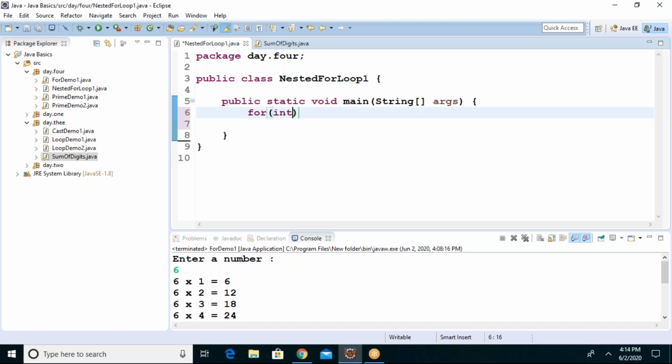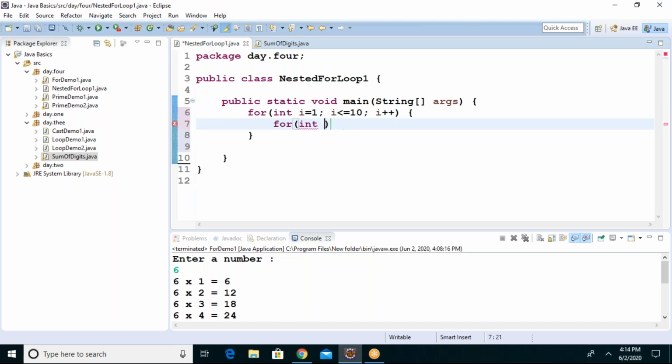If I write a for loop, 1 to i less than or equal to 10, i plus plus, and within this for loop I write one more for loop, integer i equals, sorry, it would not be i, it would be j because I already used i, j less than or equal to 10, j plus plus.